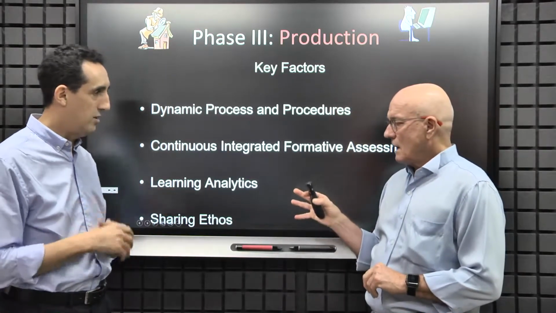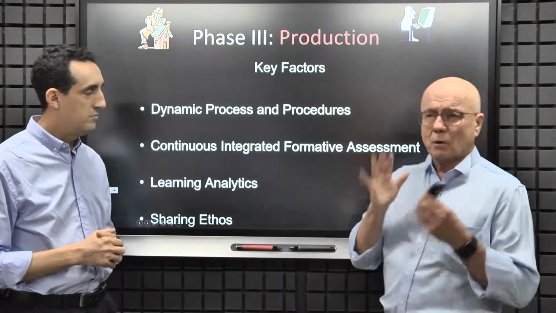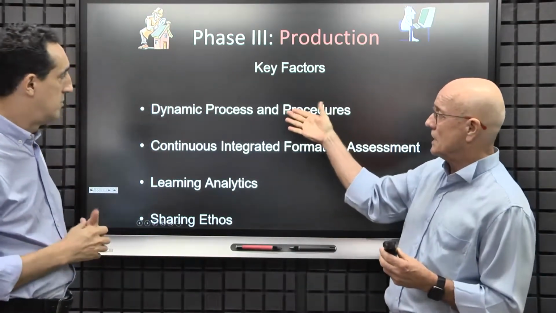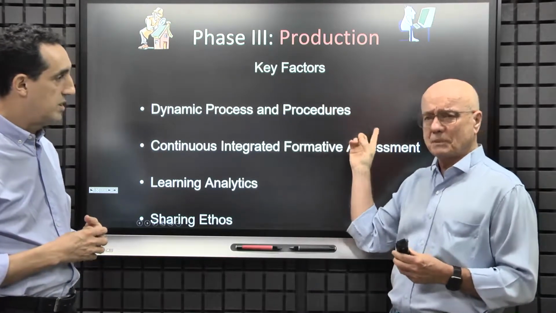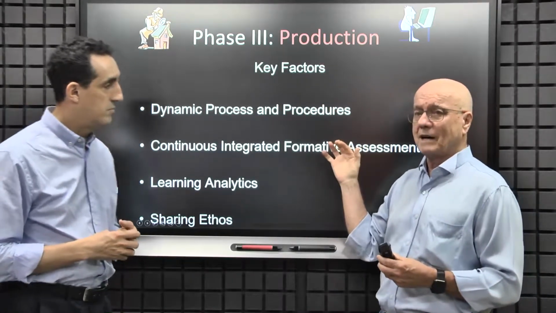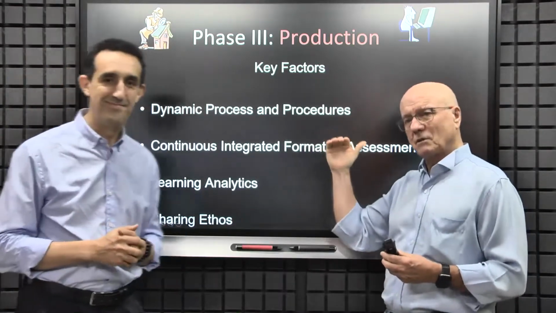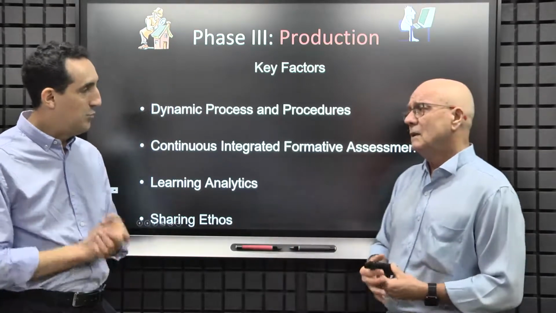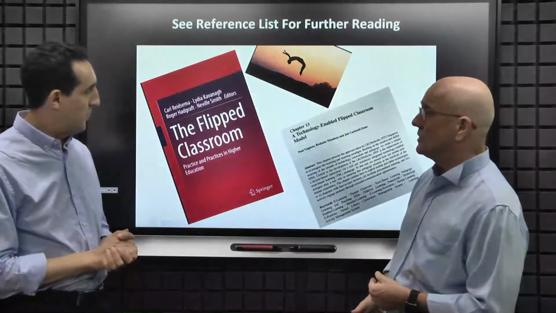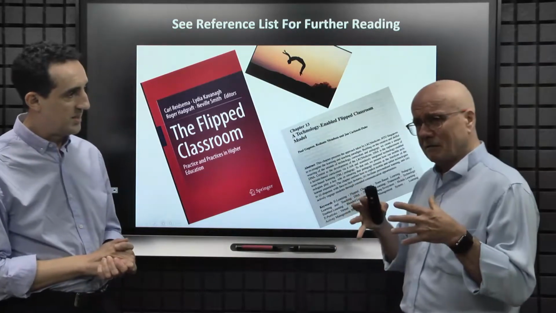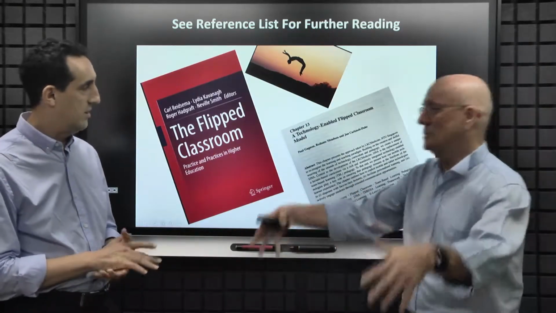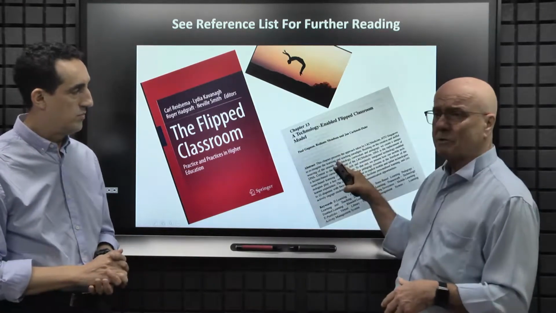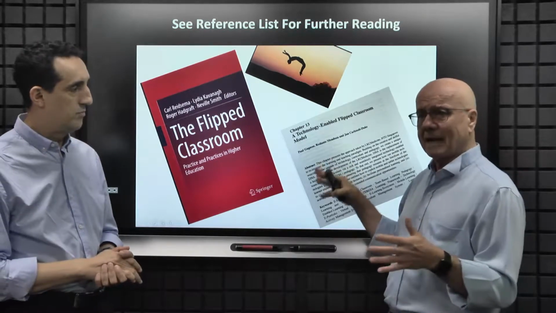And I think that usually has a positive influence in terms of how people feel. And one of the things that we do, Nabil, I think we want to point out to you is that we elaborate what are the key factors associated with the dynamic process and procedures. We specify those in the paper, so it's worthwhile having a look, because we've itemized those for you. We don't have time to go through all of that right now. But that's what we wanted to do: to get you to soak your toes in the water. This flipped classroom chapter walks through the ecosystem and its development.